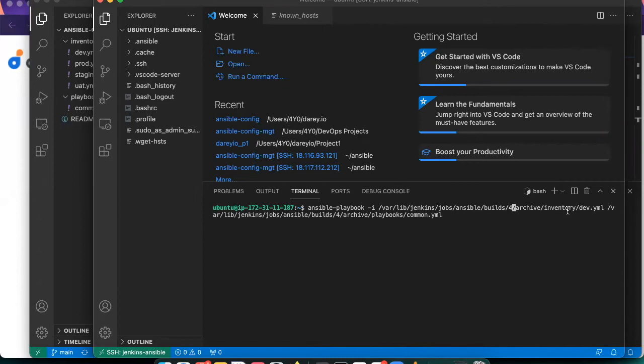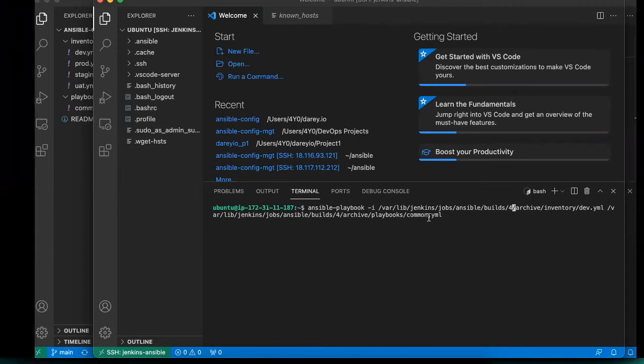So we are running our dev.yaml file against our common file. So if you remember, dev.yaml is where our hosts are located, and common.yaml is where we have the tasks we are giving Ansible to perform. Okay, so